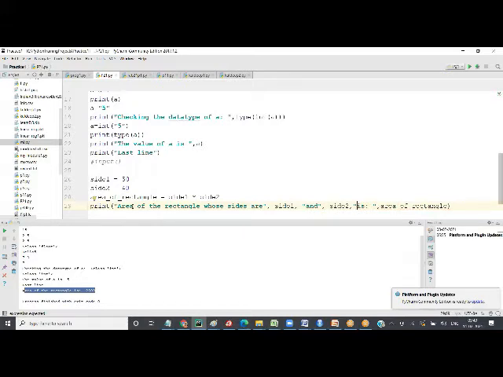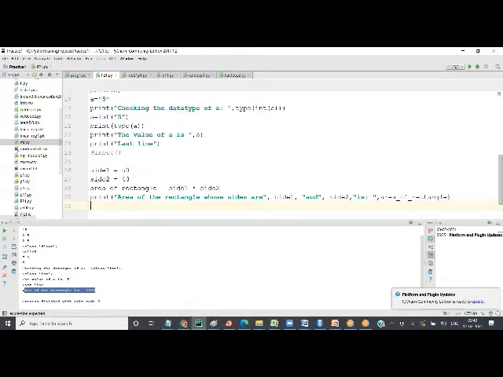So see what I'm doing. You can give any number of parameters. How many parameters does print have here? 6, right? 3 of them are values and 3 of them are text.